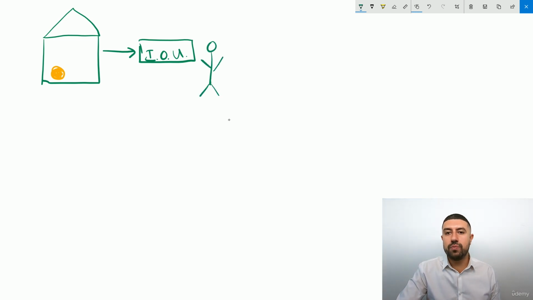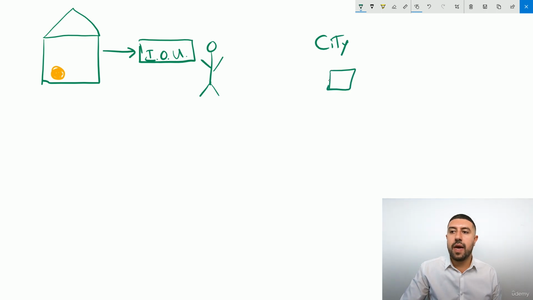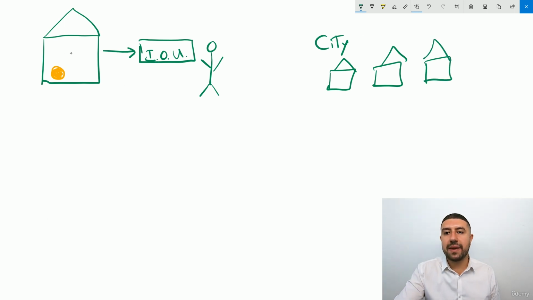Now you have this IOU because you don't want to keep this gold coin on you. You can go in the city, right? And you can use this IOU to purchase stuff. Why? Because everybody knows this bank and everybody knows that this IOU is worth this coin. So if you buy something with this IOU, well, the person that gets it from you can go back to the bank and redeem the gold coin for the IOU.